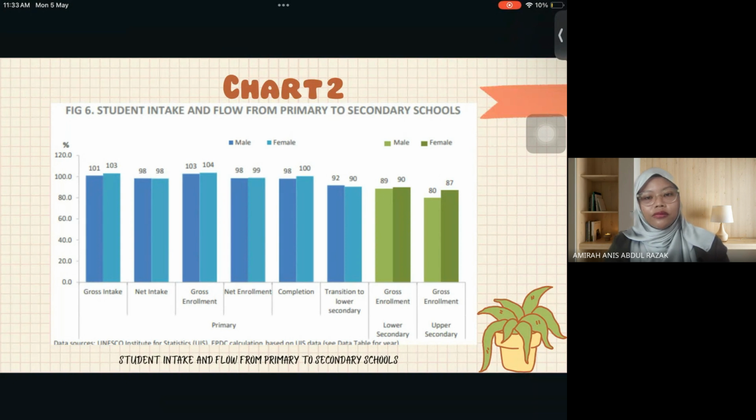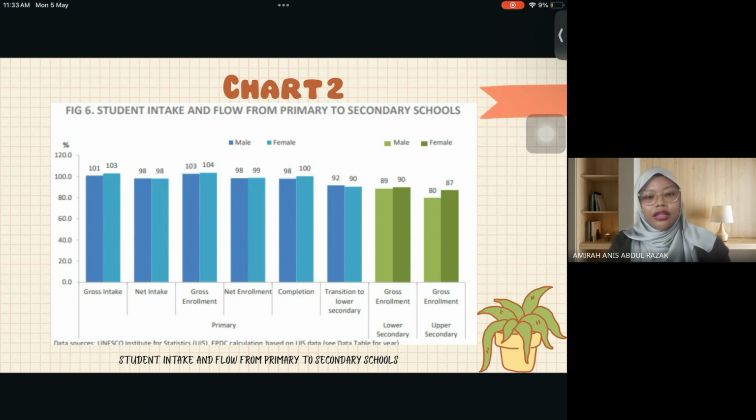After primary school, students go to lower secondary school. The chart shows that 92% of boys and 90% of girls make this transition. This is still high, but we can see a small drop. Why does this happen? Some students may stop school due to family reasons, money problems, or because they have